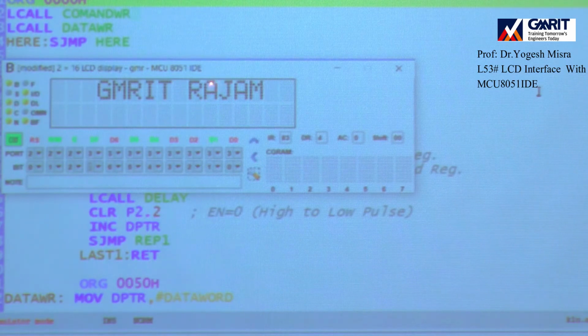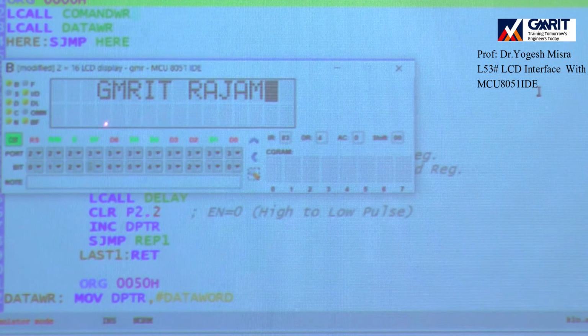So it is same. After this we will load the data whatever we have to display, that is GMRIT Rajam. Then the next step will be the command word to display the things in the second row.